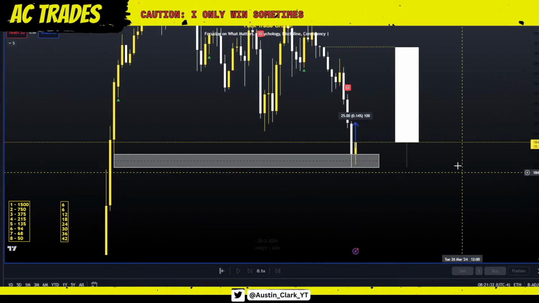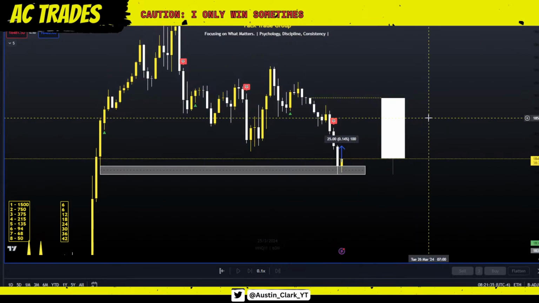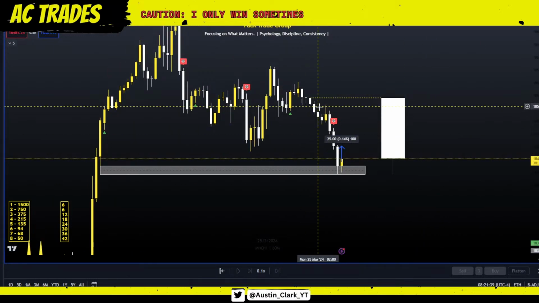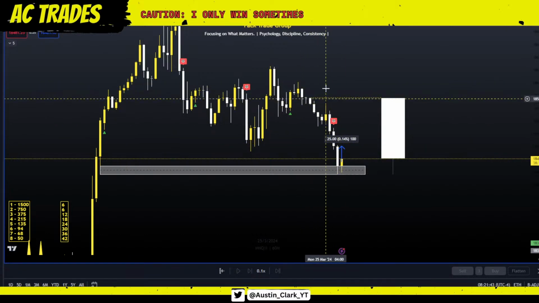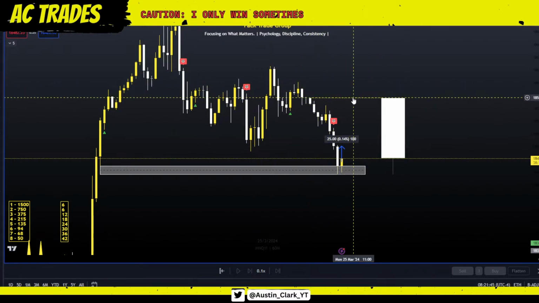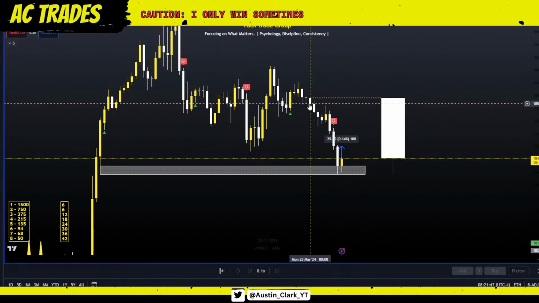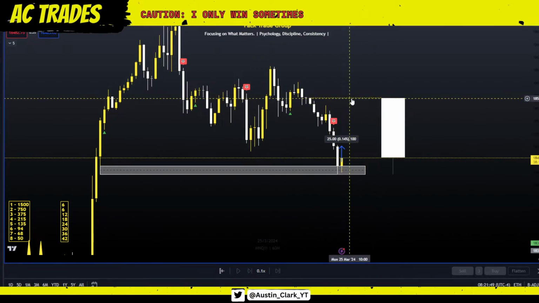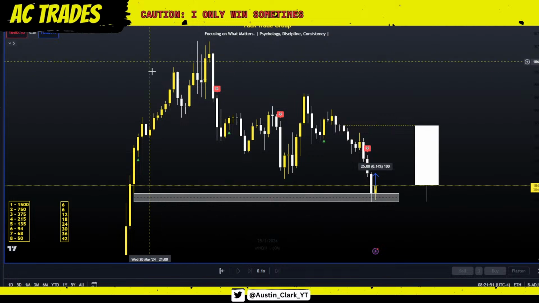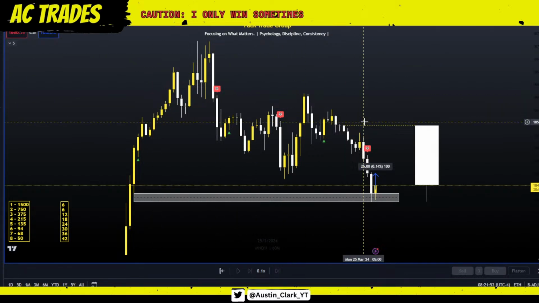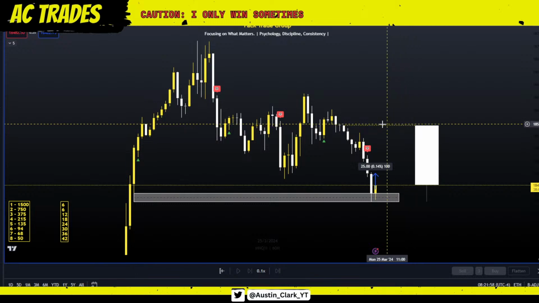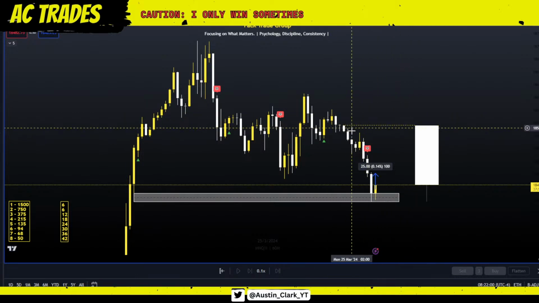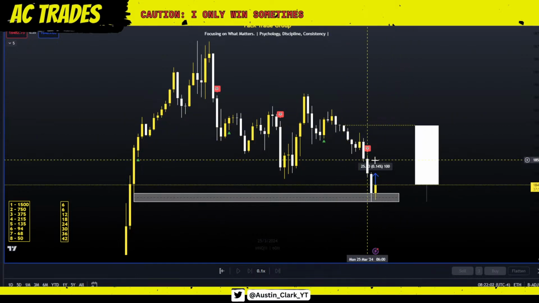Taking a look at NASDAQ here, straight off the bat. What do we see? We have zero retracement, not even in pre-market London. Nothing has retraced to this midnight opening line. Midnight opening price loves to retrace to this level. If you're new here, this is exactly my bread and butter.